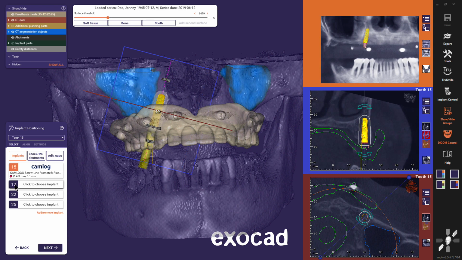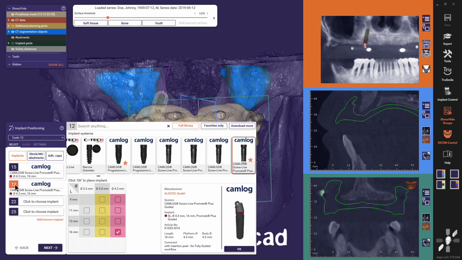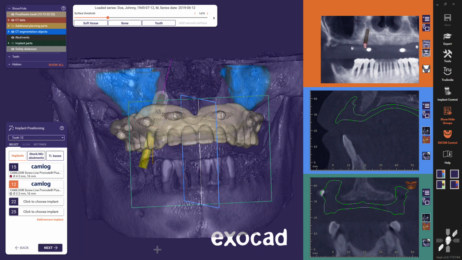To place the next implant, click the tooth number to select an implant. The previously placed implant type is already selected. Just click OK to place the same type as before, or select a different implant if desired before clicking OK.